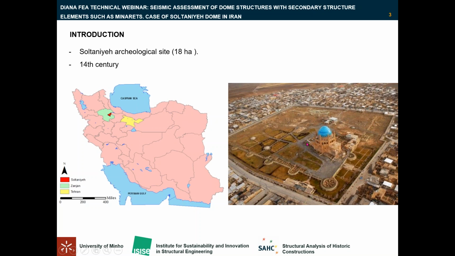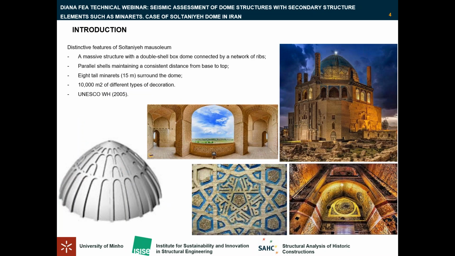The central monument here of Soltaniyeh was the mausoleum for Ilkhanid Oljaitu, the king. The mausoleum was covered by a massive brick dome, which soon gave its name to the whole building. The monument is known today as the Gumbad Soltaniyeh in Persian, Dome of Soltaniyeh in English, which translates to the Imperial Dome. The building possesses several distinctive features that categorize it as a unique masterpiece of Iranian architecture.